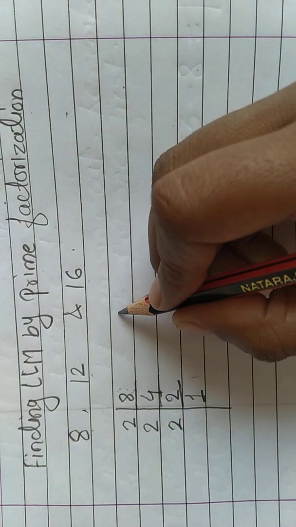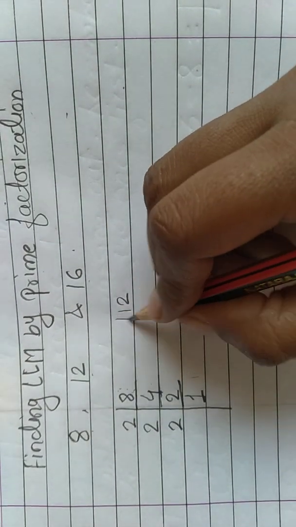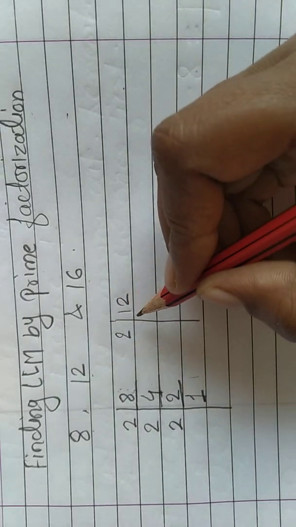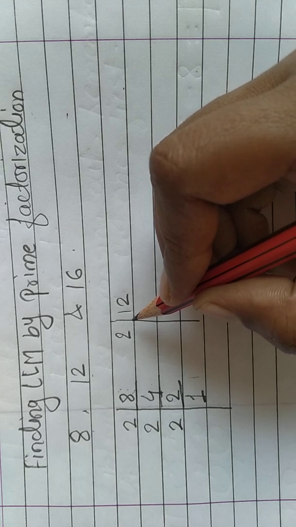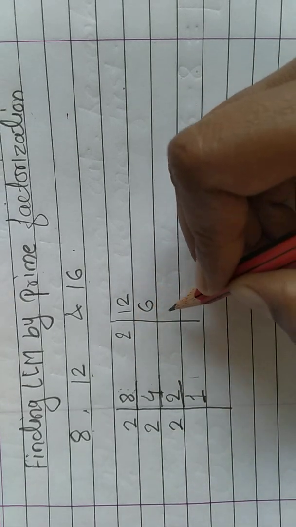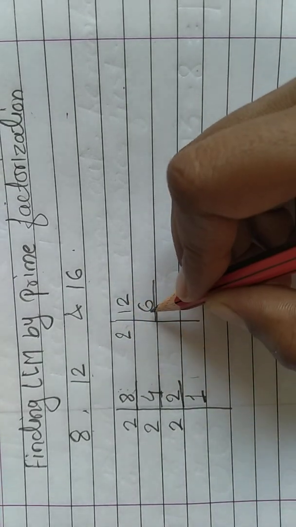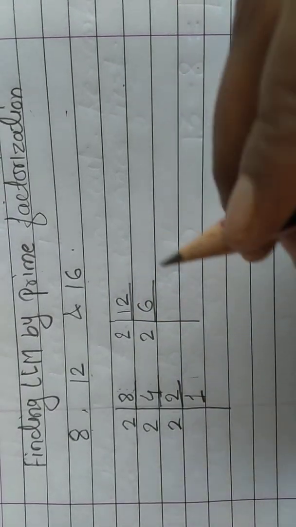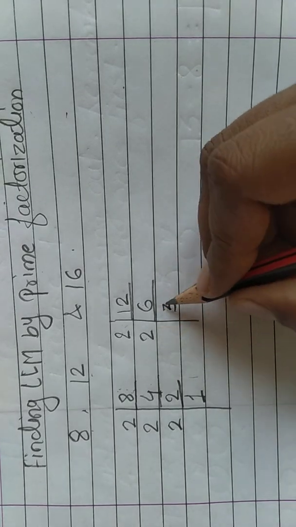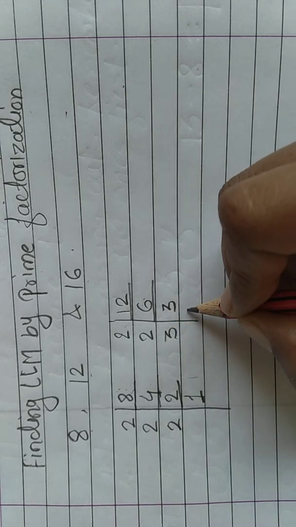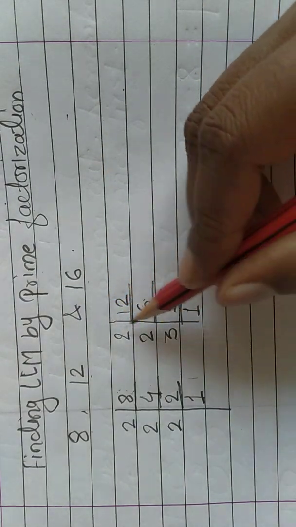Next we find the factors of 12. Now we have to find out the factors of 12. So 12 is in the table of 2, so we take the first factor as 2. We can also take the 3, because 12 is in the table of 3. 2 6s are 12. Then we find the factors of 6, again 2, 2 3s are 6. Okay, so next, 3 1s are 3. Okay, so in this way we find the factors of 12.